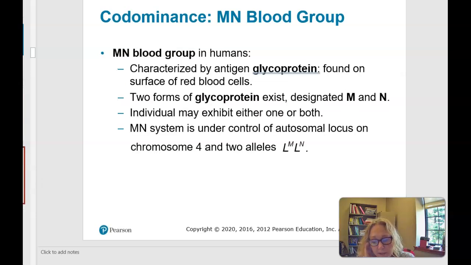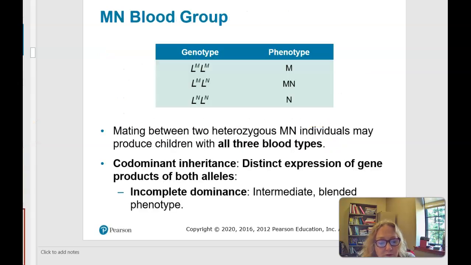They're using the MN blood group. I used the AB. This is just a different blood group in humans. It's characterized by the antigen glycoprotein. Two forms of the glycoprotein exist, designated M and N. Another type of blood type. Individuals may exhibit either one or both. You're either M, you're N, or you're MN. And this is under the control of chromosome 4. So here's the MN blood groups. You're either M, you're MN, or you're N. There's no O. It makes it a little bit easier. Mating's